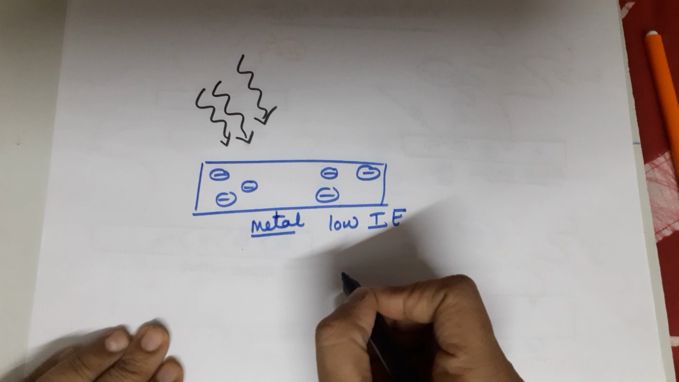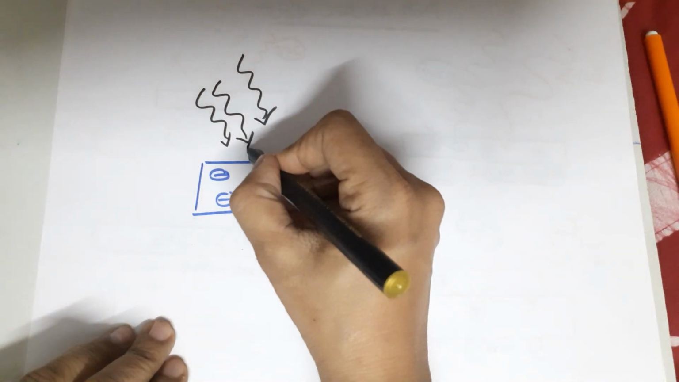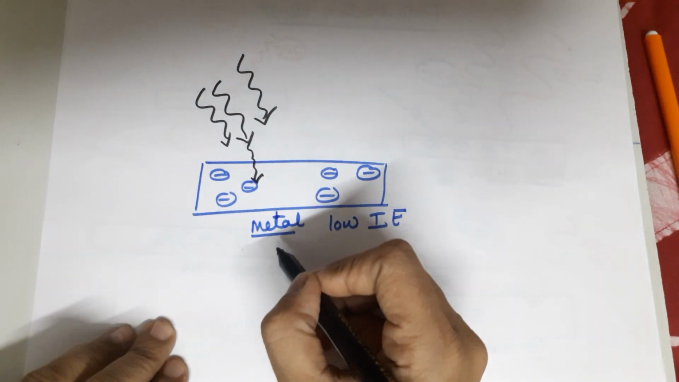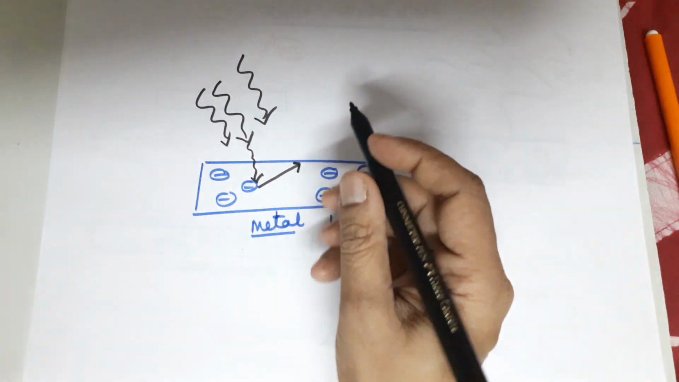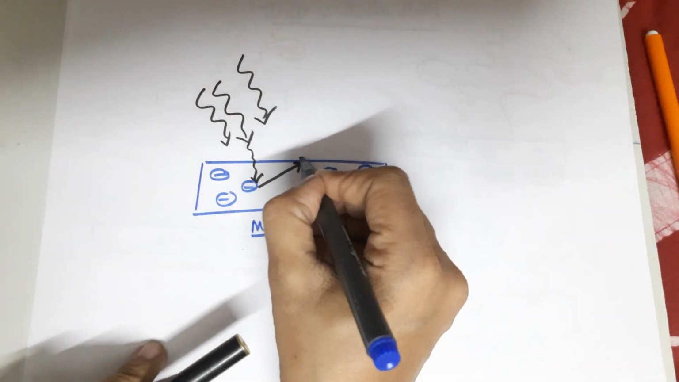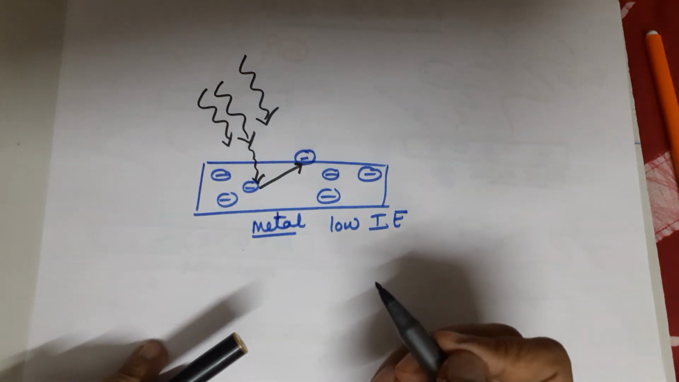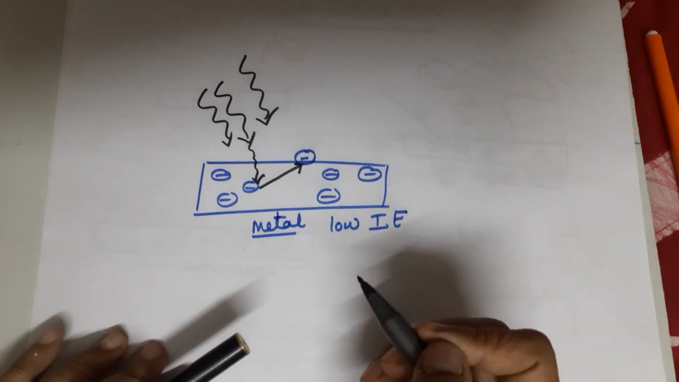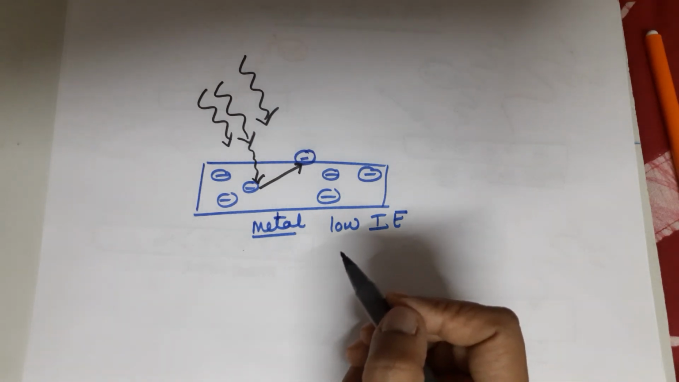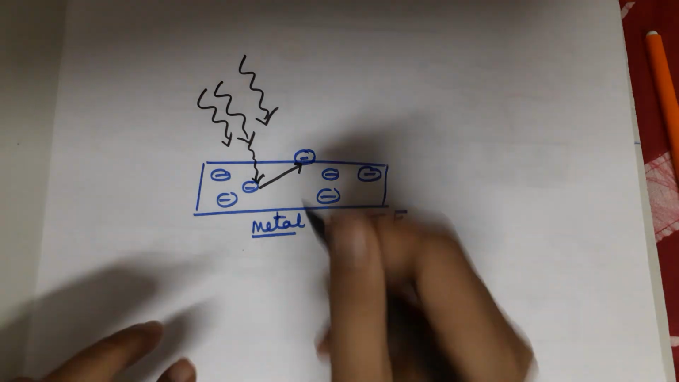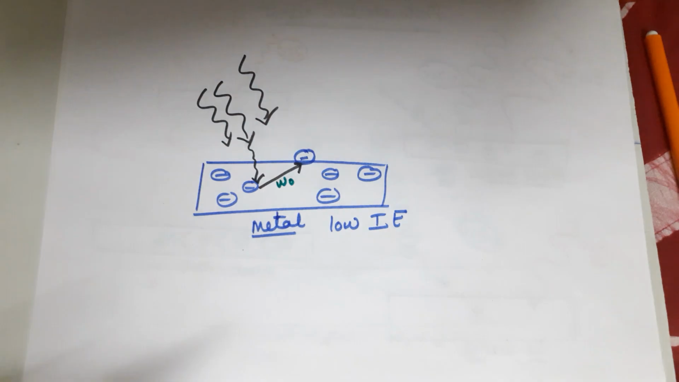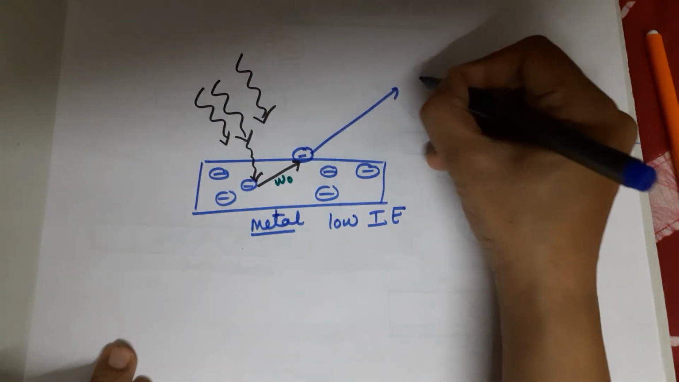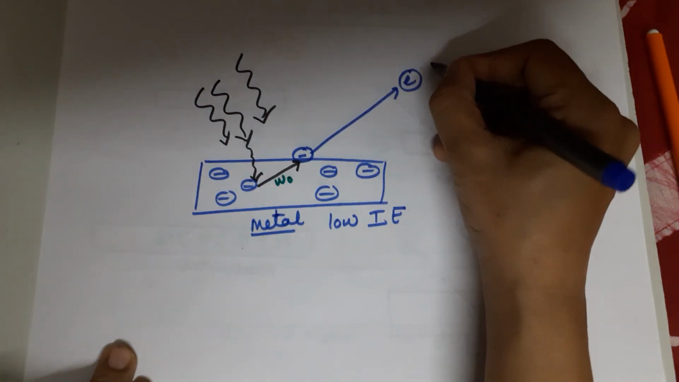When this light hits the surface of the metal, it is found that sometimes the light, when it hits the electron, pushes the electron first to the surface. First the electron just comes outside. This is one energy. This energy which is required to just move the electron outside is called the work function. Now after this, the electron will move away with some